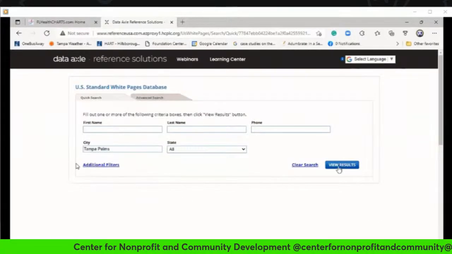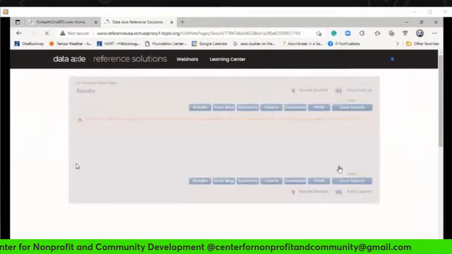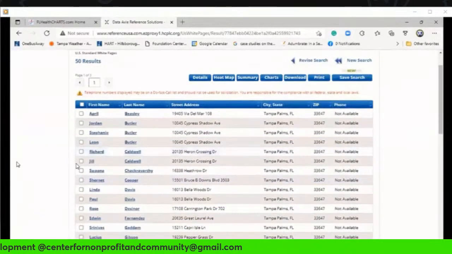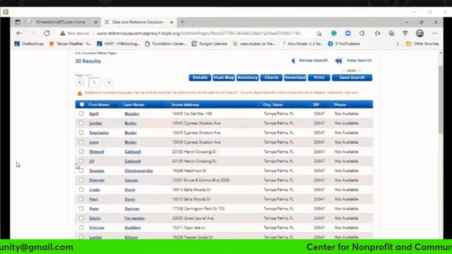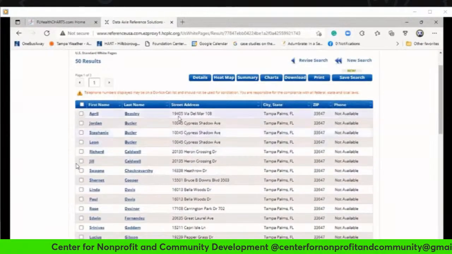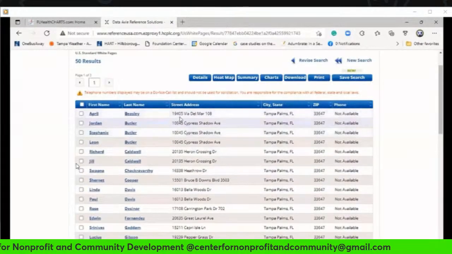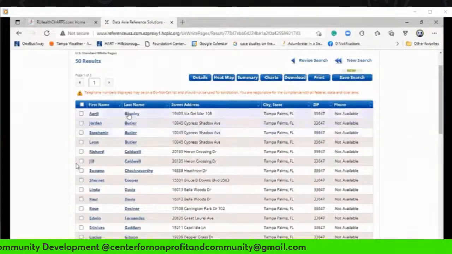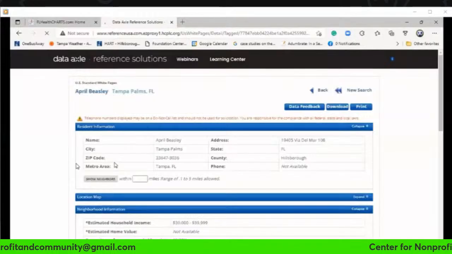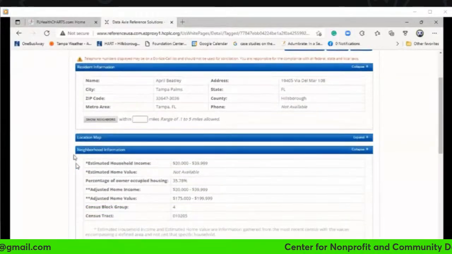Let's click view results. And what you see when we go to this particular community, Tampa Heights, or Tampa Pines, I think it was, we can drill all the way down to the street level. And we can get information, let's click here, that will help us in putting together a needs statement. We can go all the way